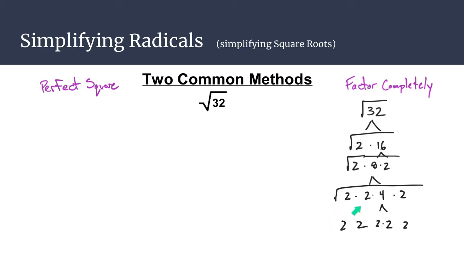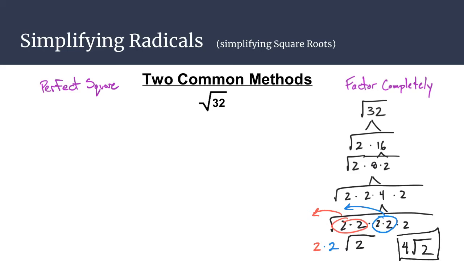This 2 comes down, that 2 comes down, and this 2 comes down, and they're all multiplication underneath that square root. We look for our groups of 2 since this is a square root, so you have 2 of them there. You have another 2 here, and those can be pulled out of the square root because there's double of them, like we said earlier. So then you have a red 2, a blue 2, and then this 2 still stayed inside that square root, and 2 times 2 is 4, multiplied by the square root of 2, and that would be your simplified version